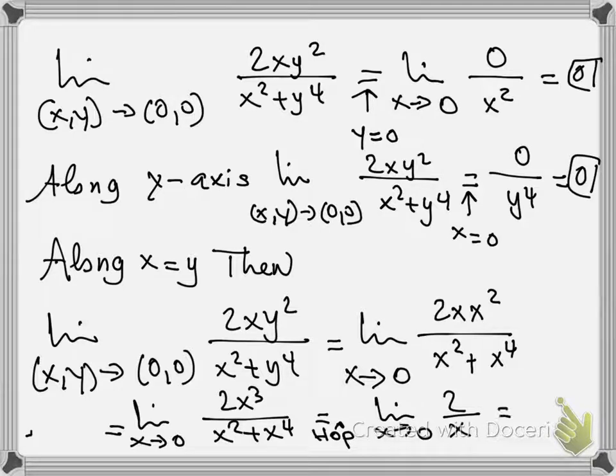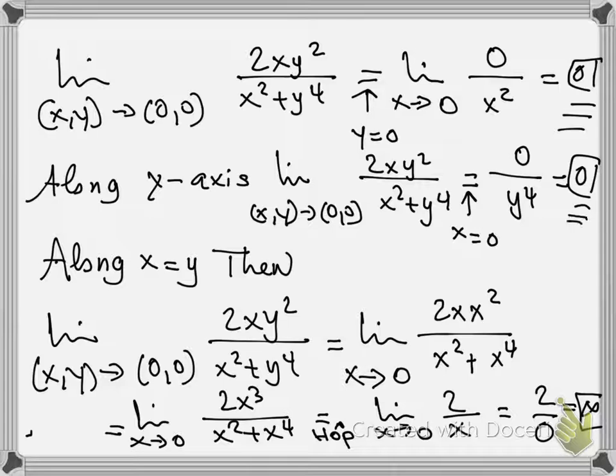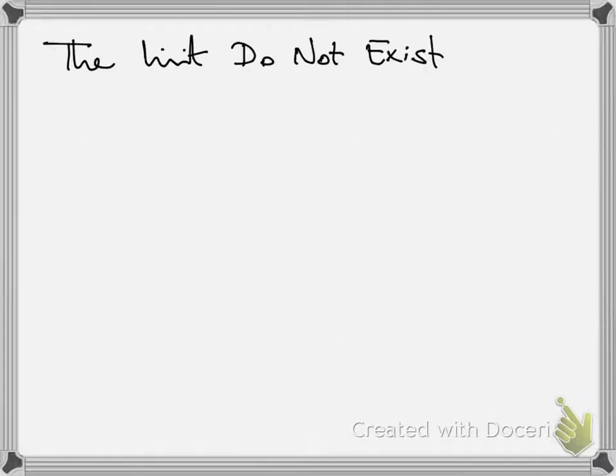You see that's 2 over 0, so that's infinity. So you get a different limit here. So then the limit does not exist. Right, because along one path we got 0, along the other we got infinity, so the limit does not exist. Etc. So anyway,